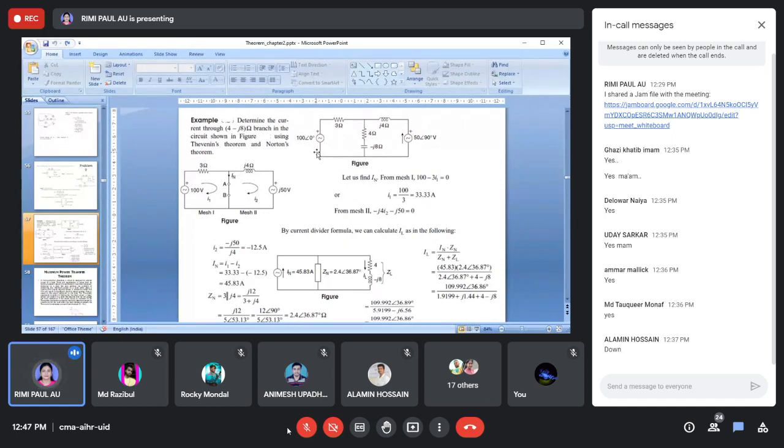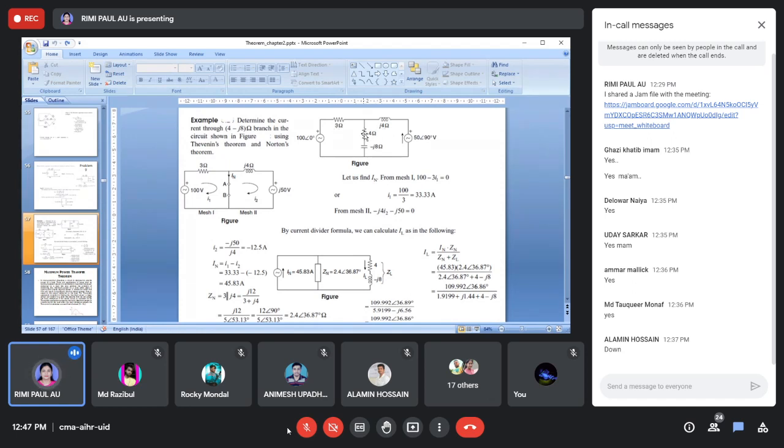First, how to solve this problem using Norton's theorem. First, remove this path and short circuit this path. So there are two sources present, and due to these two sources, what will be the current here? You will find out. Okay, and then you will find out what Zn will be. That means short circuit this path. Now this is an equivalent network. You will see that this is short circuited, this is short circuited, there is no path, so 3 plus j4.